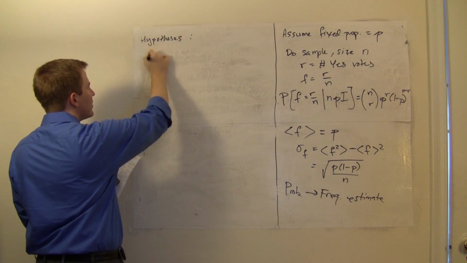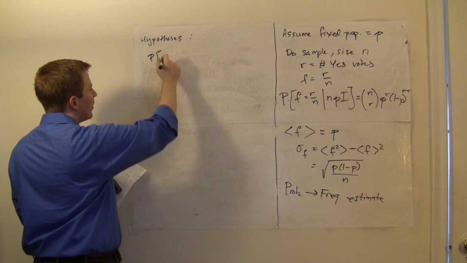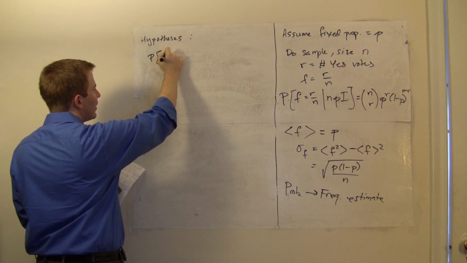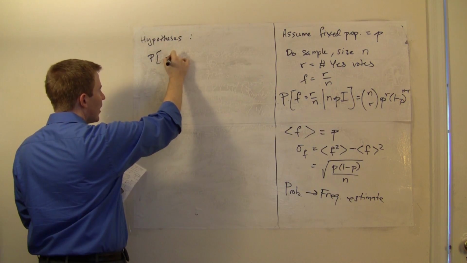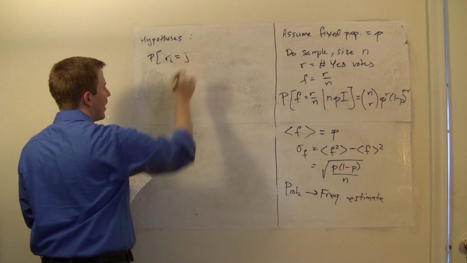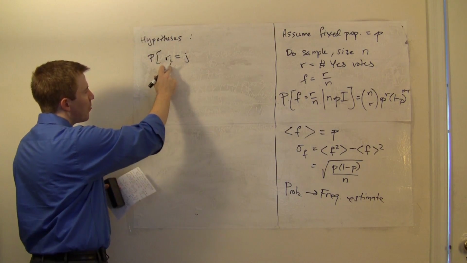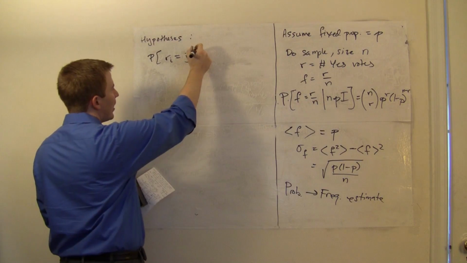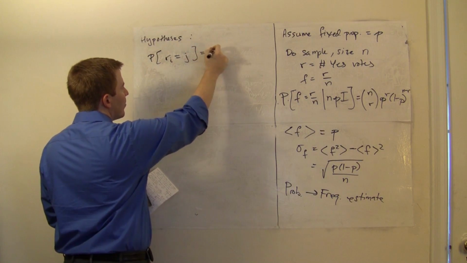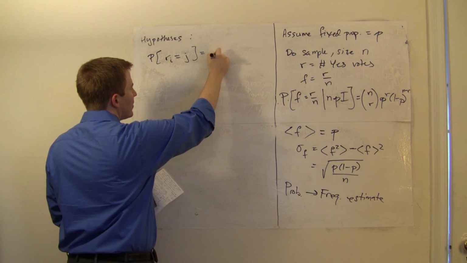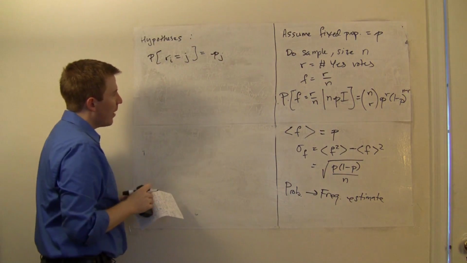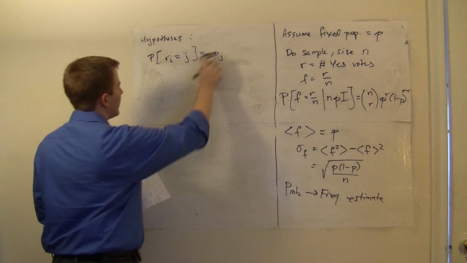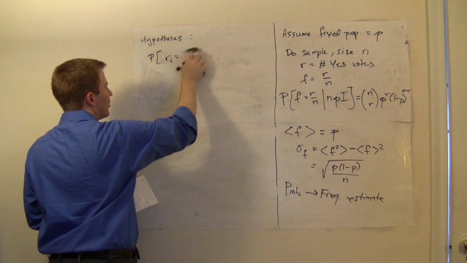So our hypotheses will all have the form of saying the probability of getting a particular result on the ith iteration of the experiment, getting result j, is going to be some probability, let's say p_j, and we're going to assume that the results are independent of each other. So actually, let me write this a little bit more generally. So let's say